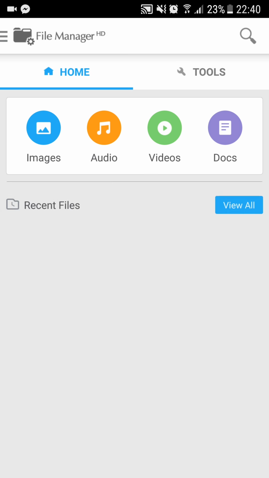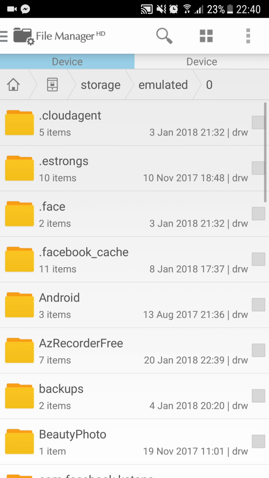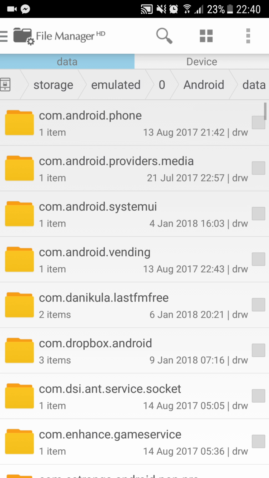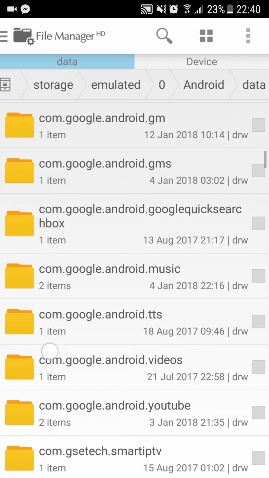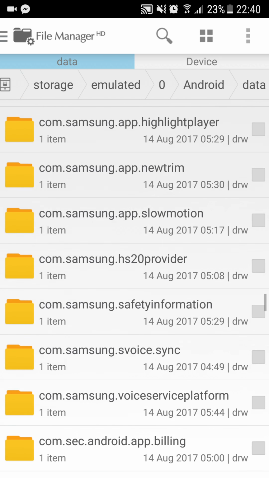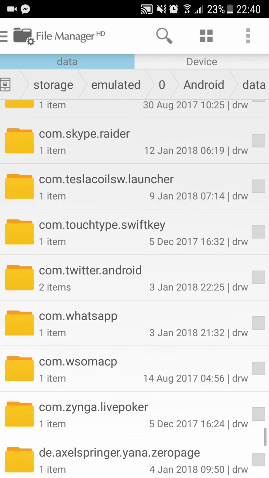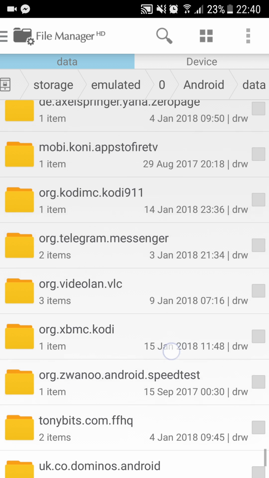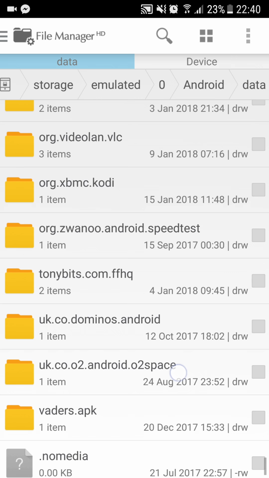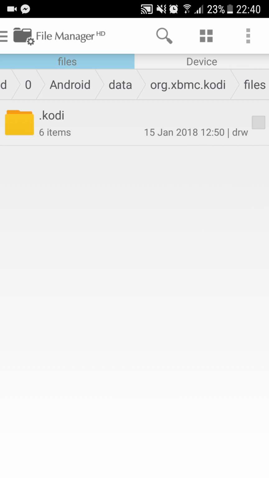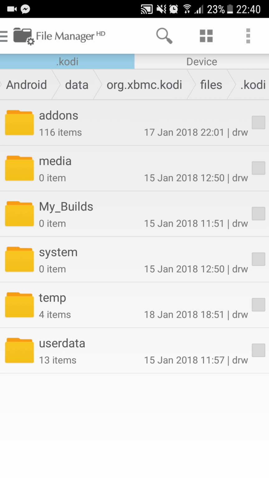But once you go into that, go to your device, you're going down to Android, into data, and you're scrolling down looking for org.xbmc.kodi. Right, so let me find that. There it's there. Okay, select that, go into files, go into .kodi, and there you've got the user data folder at the